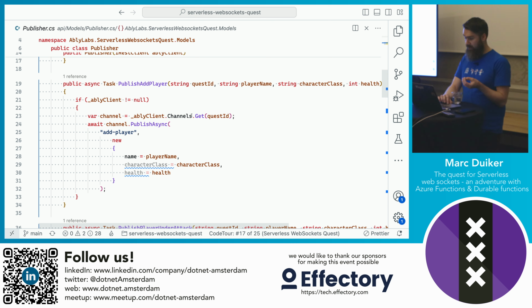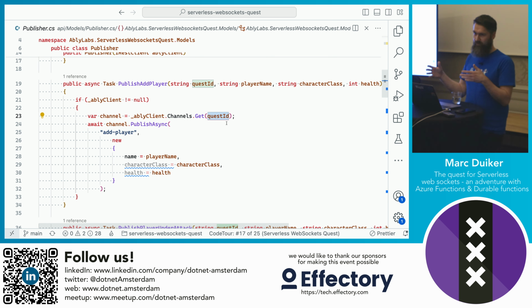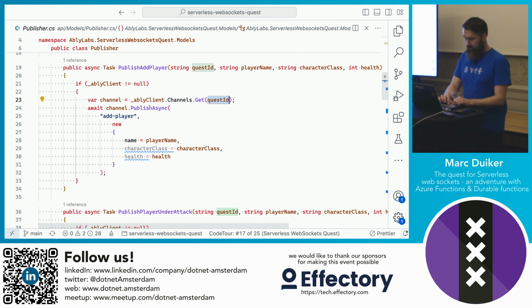Communication is always done on a channel, and in this case, all of the communication is done on the Quest ID channel. So if there are multiple groups playing different games, they all have their own Quest ID where all the communication takes place. So this is the API then. There's a publish async method on the channel, and here I'm specifying what type of message this is. So it's an add player type, and this is the actual payload.